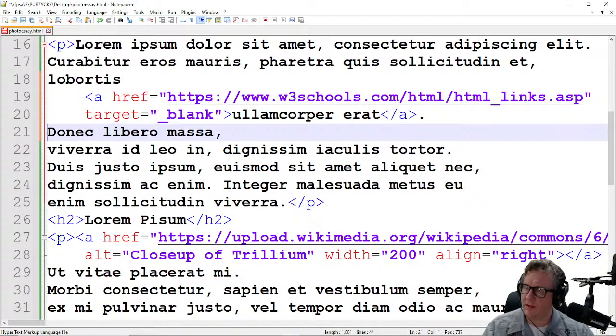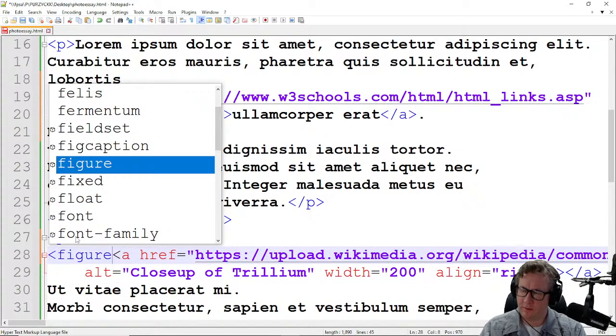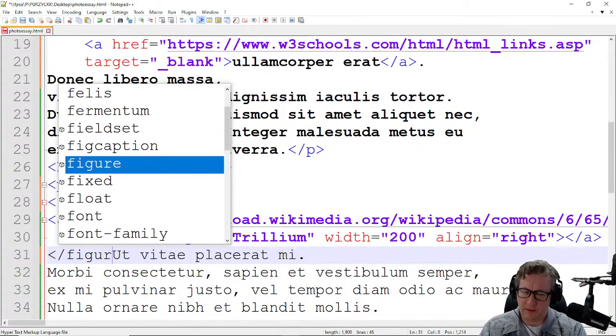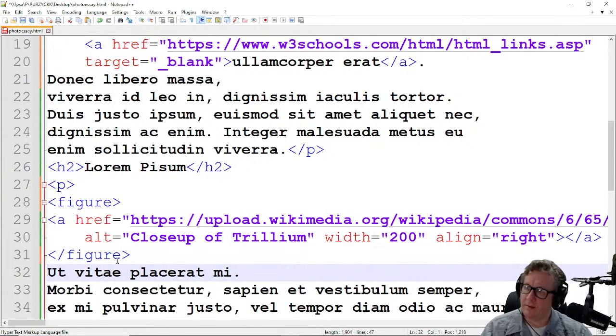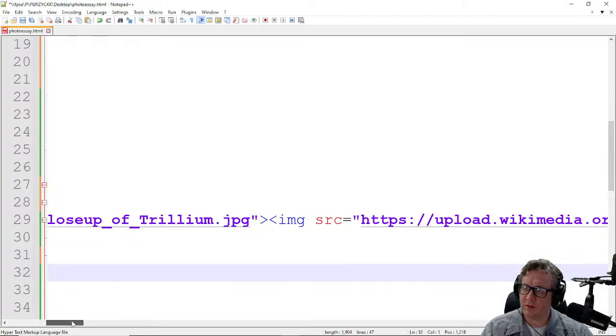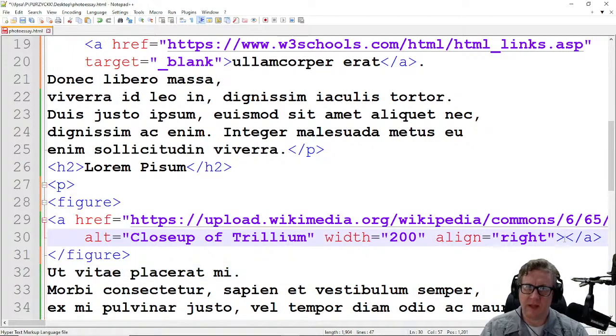So I need to go back down here and figure. Now I can add my closing tag. Again, this is figure. I've got my image here. I've got the link in the image, and now what I need to do after I add after this closing tag here, I have to add